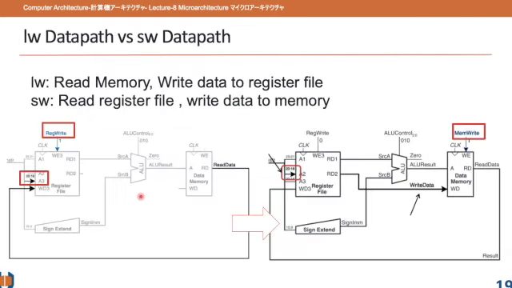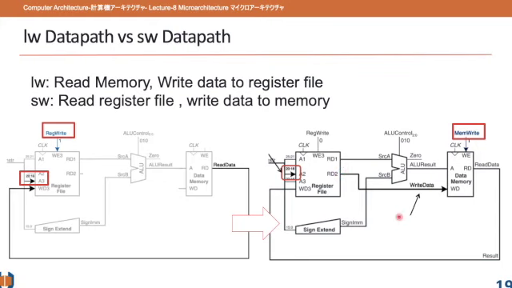This is common. Well, now what is the basic difference and basic addition of this data path? So the load word instruction reads memory and writes data to the register file, and the store word instruction reads the register file and writes to the memory, just the reverse. And so this data path is modified